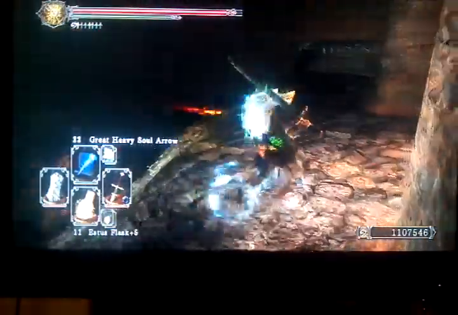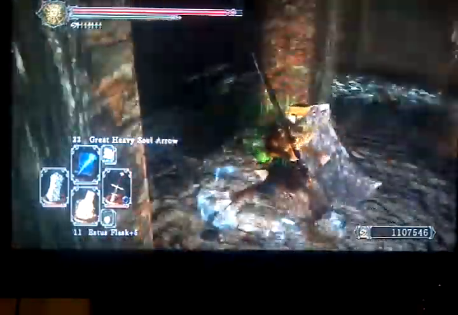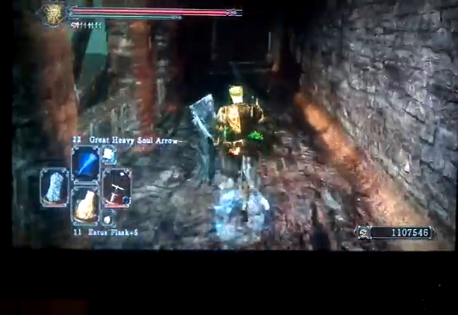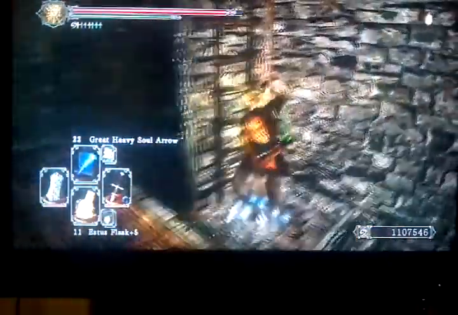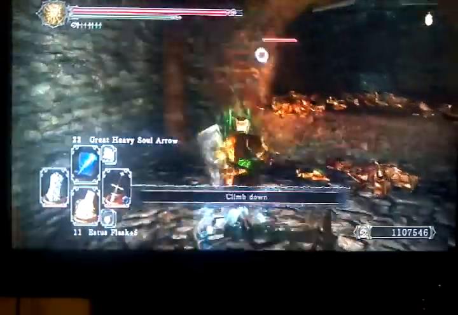Another strategy to take that sorcerer that I've been taking out up there is to shoot her from here with arrows, if you really want to, because you can also hit her from there. I'm not going to, because that'll activate her and then she'll start spitting fire everywhere. Plus it's just a waste of my arrows. I'm starting to use arrows in these areas